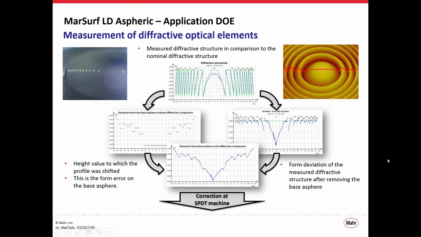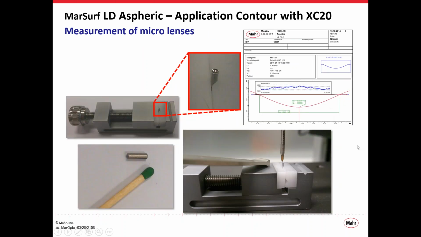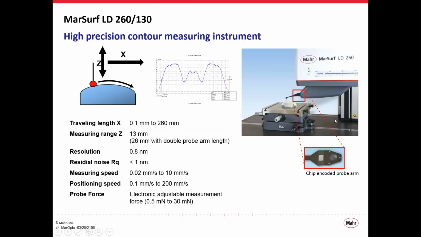Well, with that, I'd like to talk a little bit about Mahr's capabilities for measuring optical surfaces. In its simplest form, Mahr is very, very good at making profilers. We've been making profilers for the automotive industry for 20, 30 years now, and are very good at that. And we've developed a lot of unique technologies.